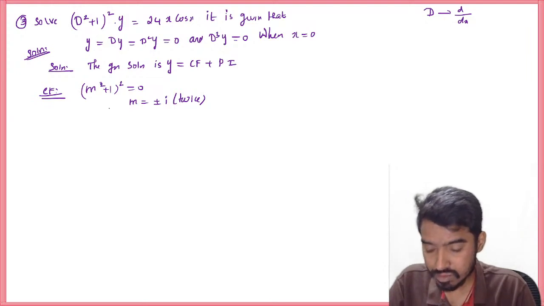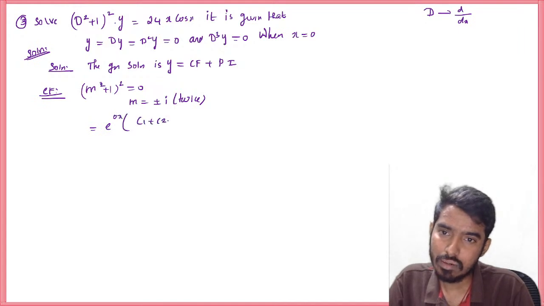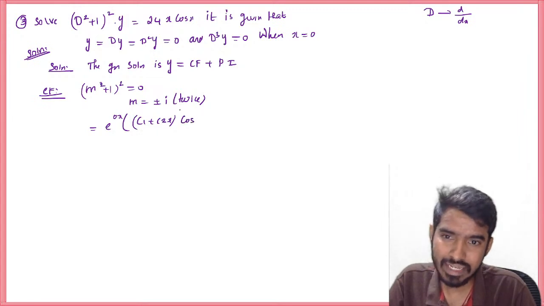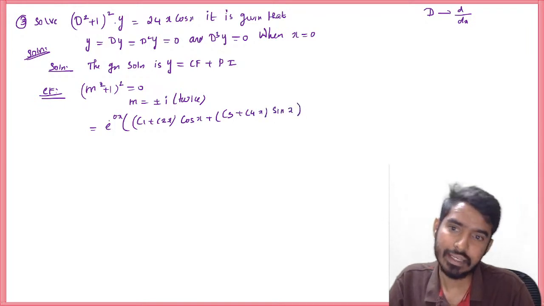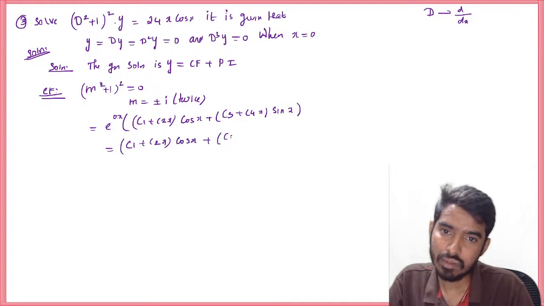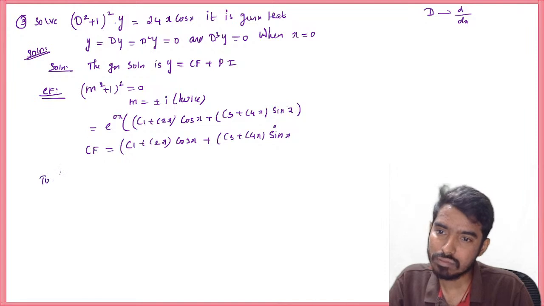CF? e power alpha x (C1 plus C2x) cos beta x, which is cos x here, plus (C3 plus C4x) sin x, right? So e power 0 is 1. So we will have (C1 plus C2x) cos x plus (C3 plus C4x) sin x. This is your CF. Now to find PI,